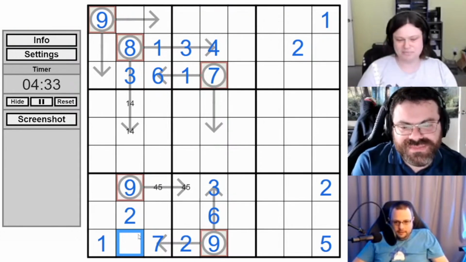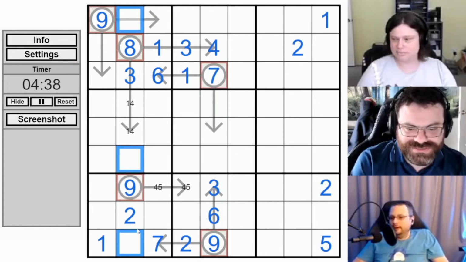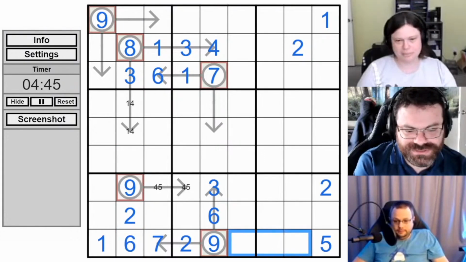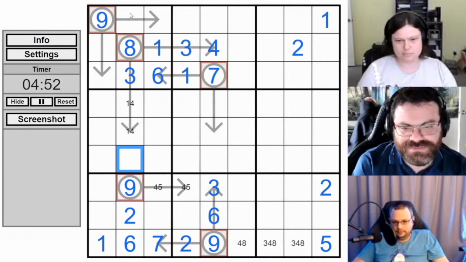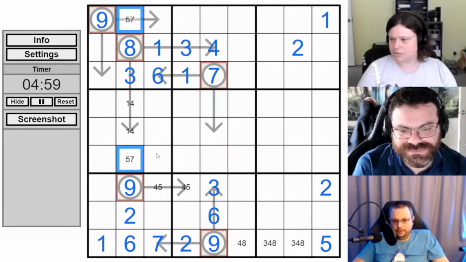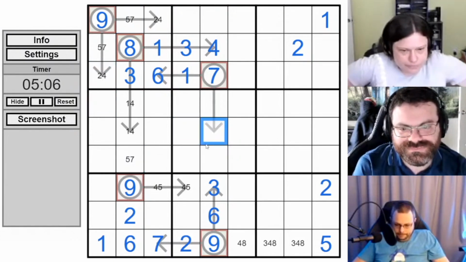Now once I have this 9, I'm immediately pencil marking those. And I'm seeing this as 6. And I'm pencil marking this row as 3, 4, 8. That's not a 3. And then I'm pencil marking the correct numbers here as well, which is 5 and 7. Row 7, column 7, pointing up. And we know that this is also 5, 7, and we know that this is 4, 2.